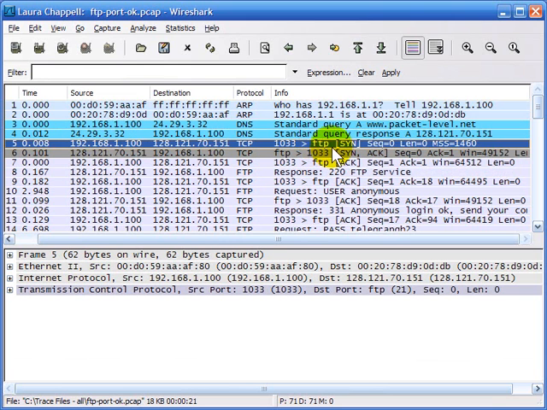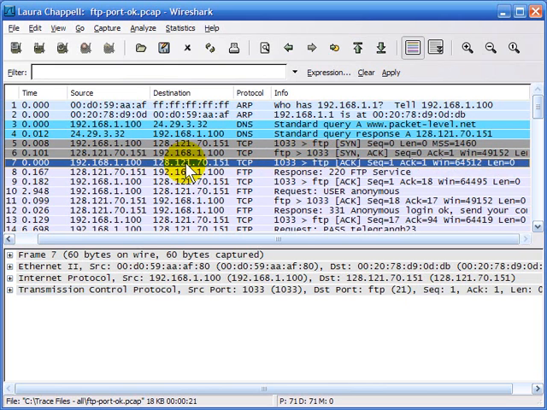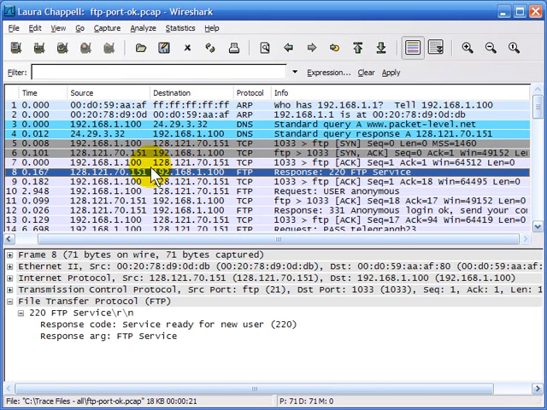Now, FTP by default uses port 21, but it doesn't have to. Someone can easily set up an FTP server to use a non-standard port. This is the command port. When data is exchanged, it's exchanged over a different port. A lot of people typically assume that the data is exchanged over port 20, but in actuality, it's typically done over dynamic port numbers. So this is the three-way handshake, and immediately after the three-way handshake, here we see the